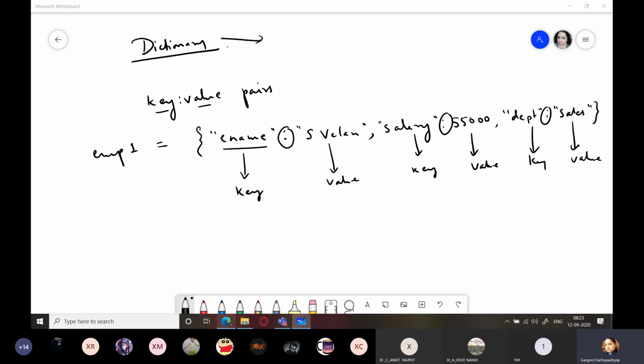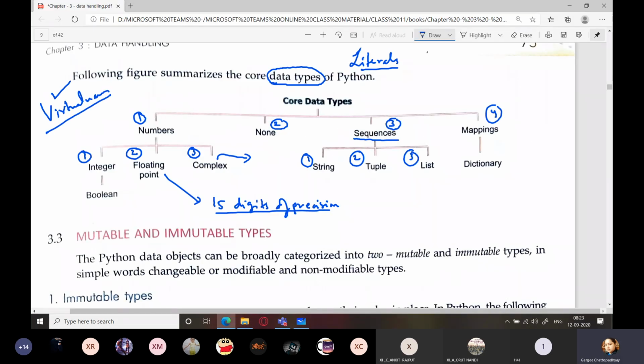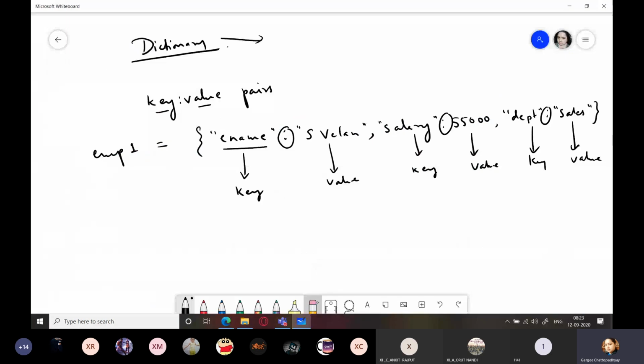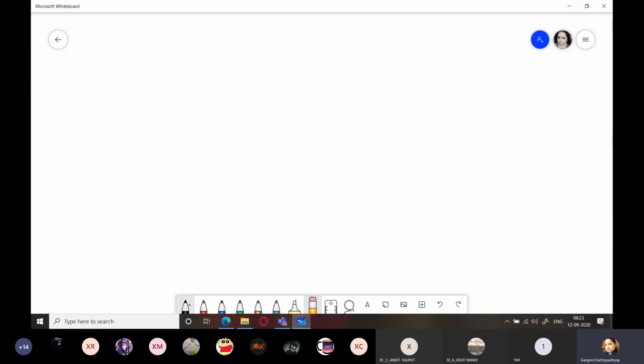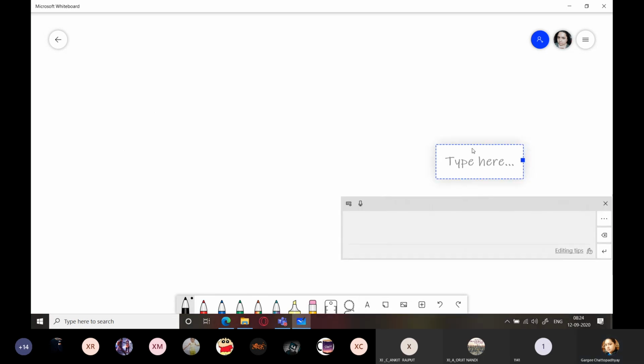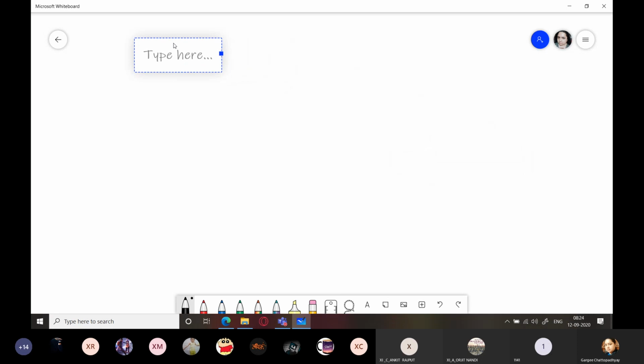So we saw all the data types, right? So this is what your Python is made up of. It is made up of these different data types, and whatever variables you create, they are pointing to either one of these. Now the next thing is, next and very important concept for Python, entire Python is dependent on this concept. So we are going to see that. Mutability and immutability.